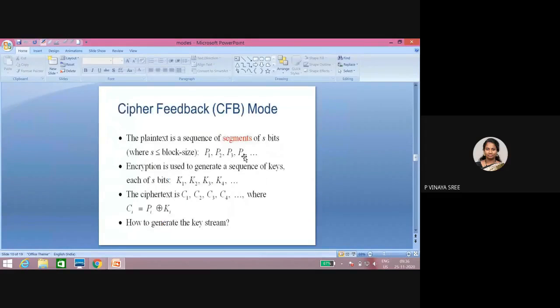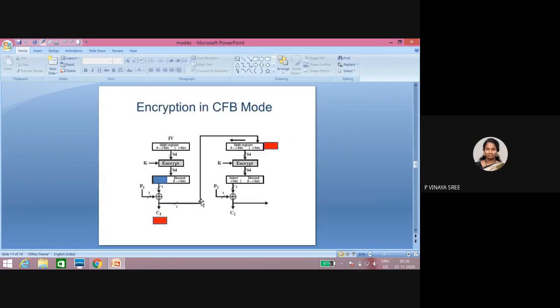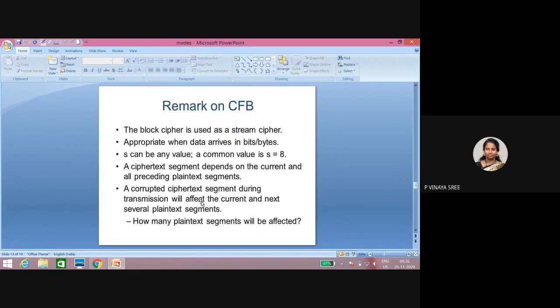So the only difference between the expressions is, whenever you are encrypting in cipher feedback mode, the encryption will be here. Ci minus 1 means if it is 2, we will take 2 minus 1, and we will get the previous ciphertext 1. Okay, so in the same way, this will not be the case for output feedback mode.